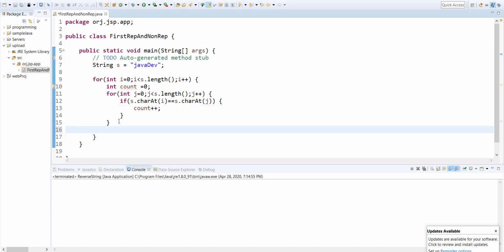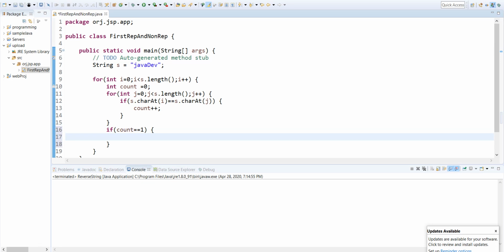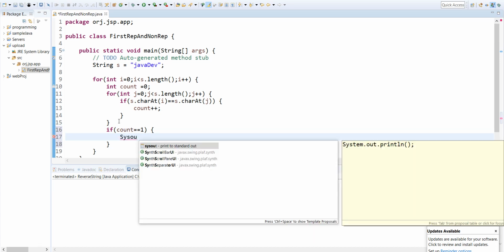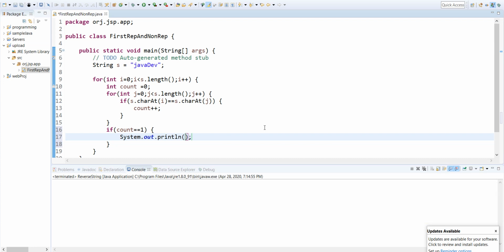After that, let us write the if statement. In the if condition, take count equals 1, meaning it occurs only once, not repeating. If it is only 1, let us print that. So directly take the println statement and write here "first non-repeating character is", and let us write s.charAt(i).